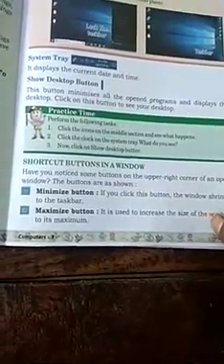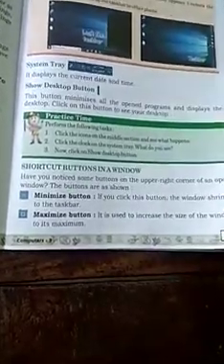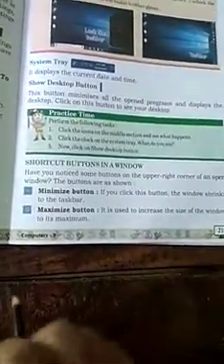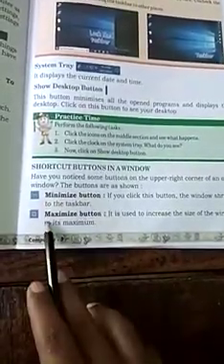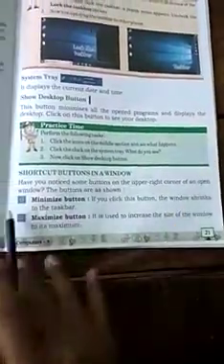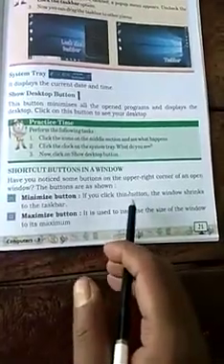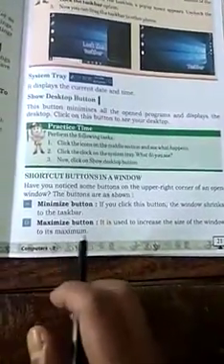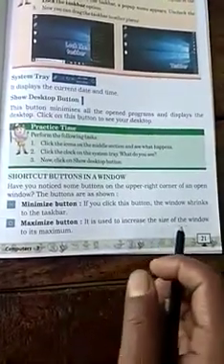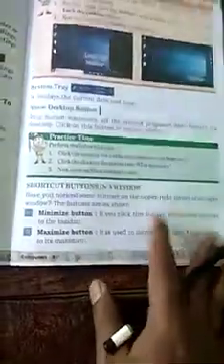Students, now move on to our next step. Shortcut buttons in a window. We find shortcut buttons in a window like minimize button and maximize button. With the minimize button, we can click the window to shrink it to the taskbar, and the maximize button is used to increase the size of the window to its maximum.